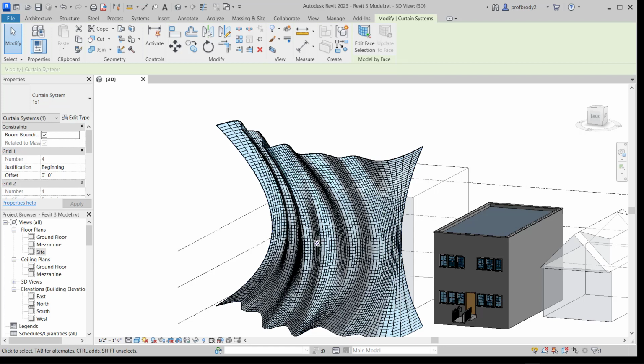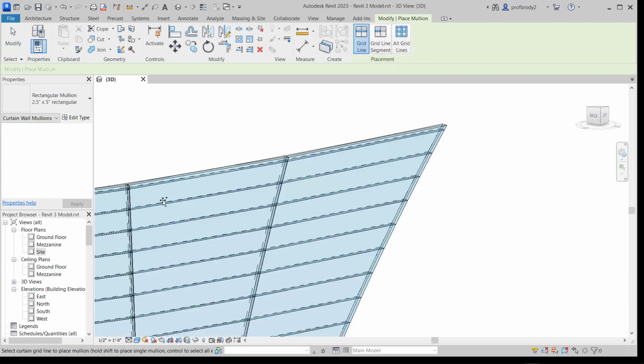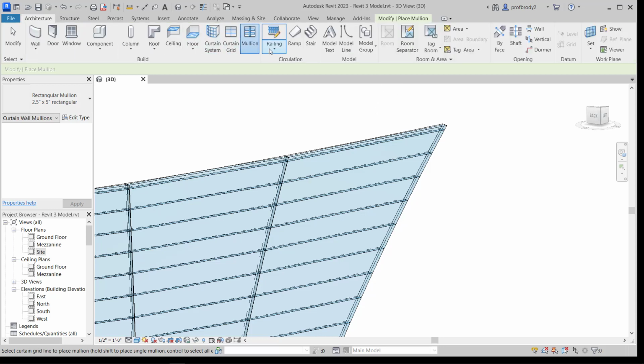How cool is that? Finally, with these curtain walls, you can go and add mullions to them. Just go to the architecture ribbon, click on mullion, and when you do, what you'll see is